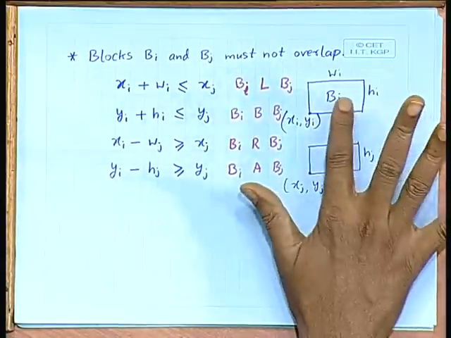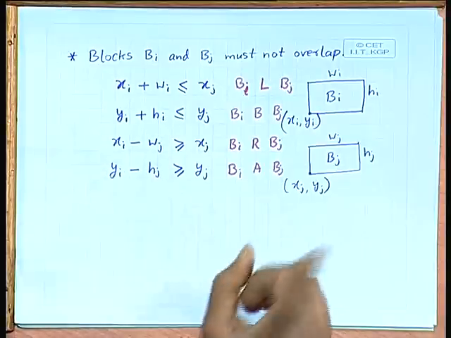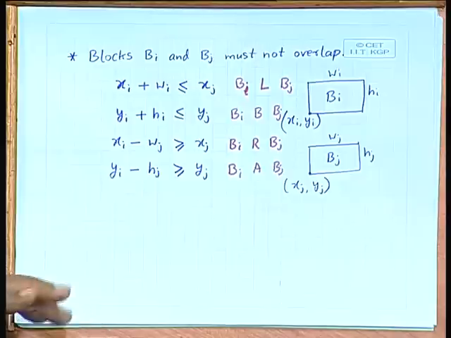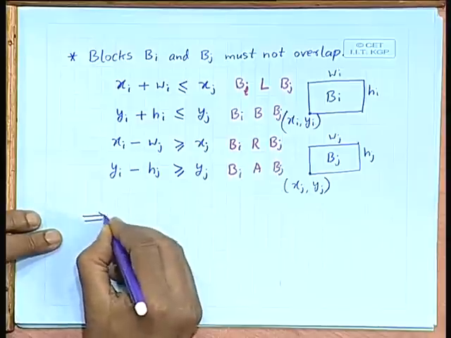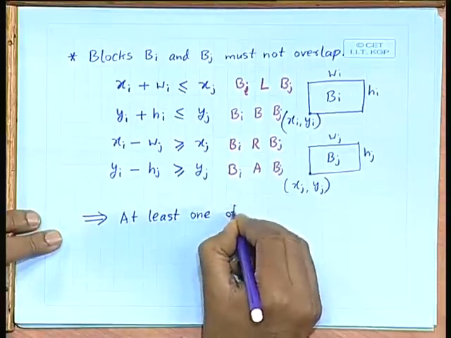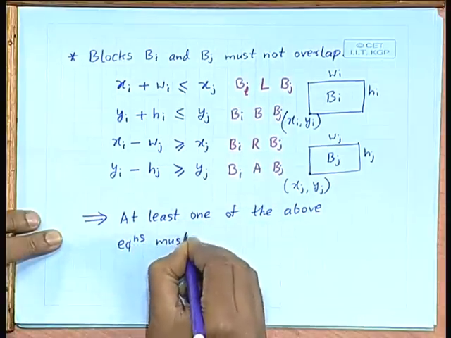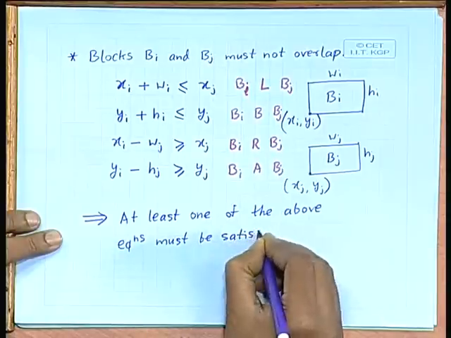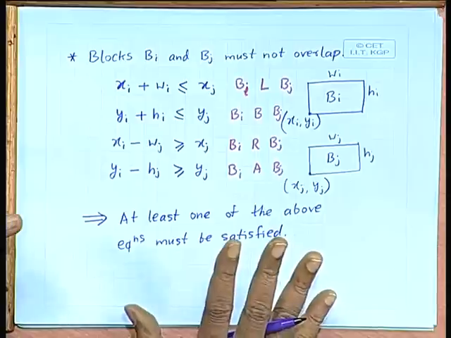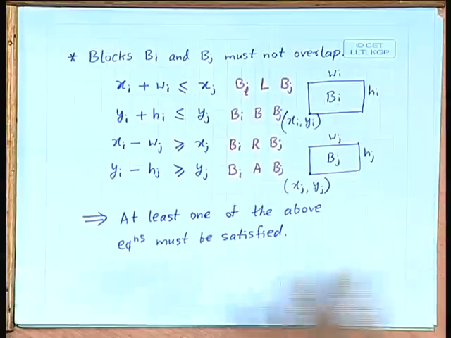And in order to ensure that the blocks do not overlap, we need not satisfy all these equations. If you look at them a little carefully, it is sufficient if at least one of these equations is satisfied. Okay. So, what you want is that at least one of the above equations must be satisfied. So, the way we write down the equations should also capture this, that at least one of these must be satisfied. So, in order to do this, what we do is that we introduce